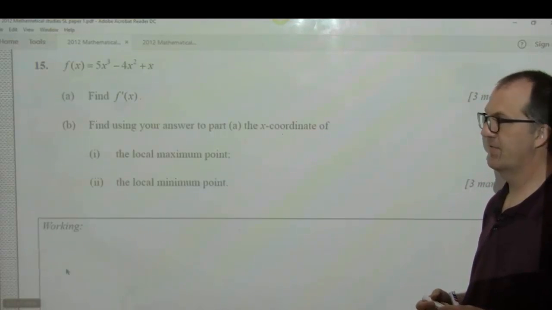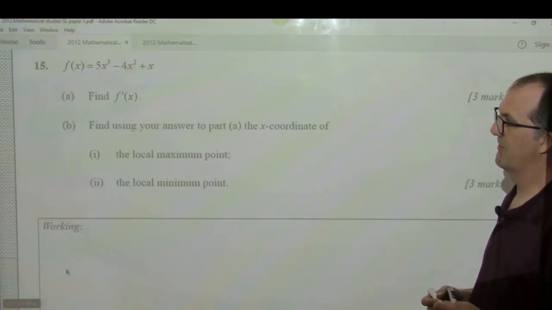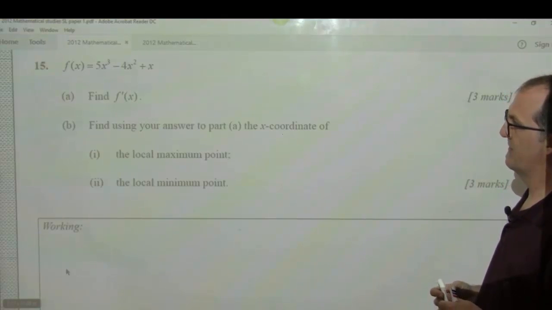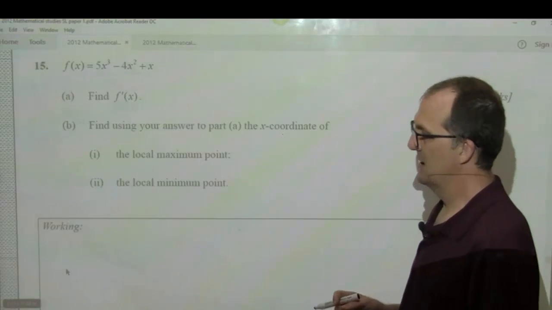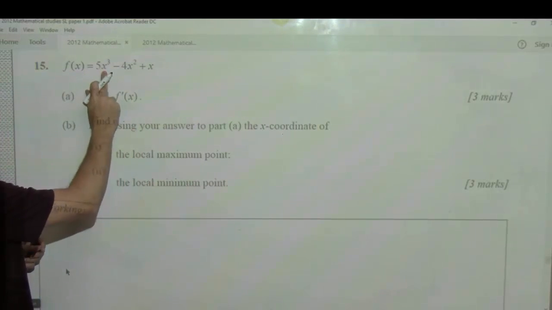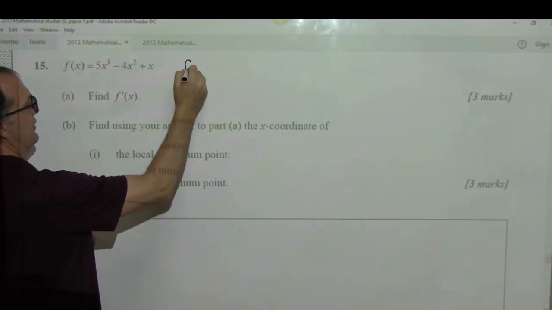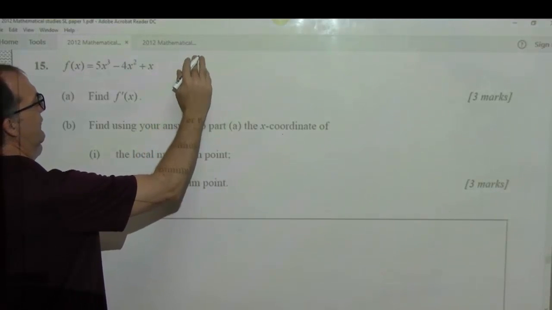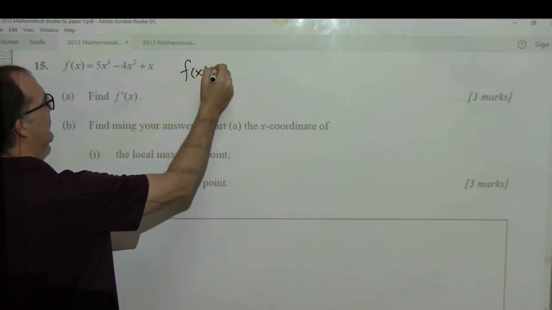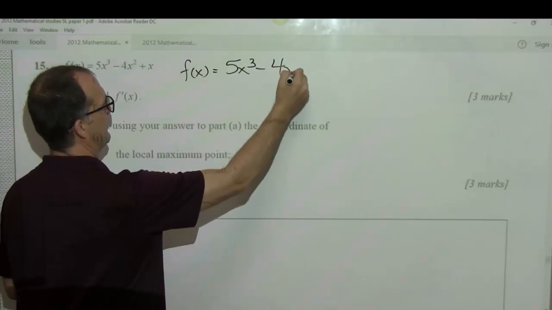The problem for this test is a calculus question, and the first thing I want you to do is find the derivative for the function. And again, just as a reminder, every time you have a variable, there will be a result in the derivative. So before I write the derivative, just so you can see it much clearer,